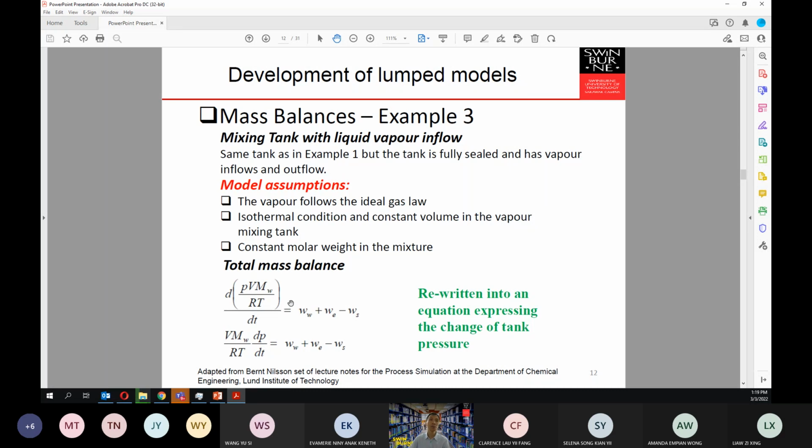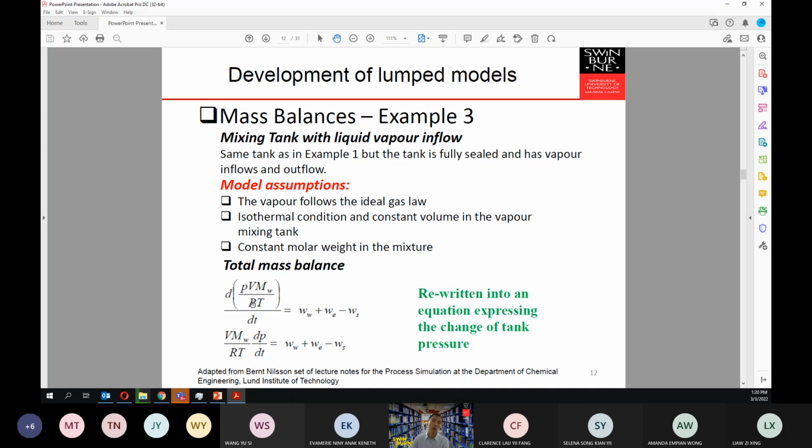Ideal gas law is PV equals nRT. And then n, the mole, is equal to the mass divided by the molecular weight. Okay, so in essence, your mass will be equal to the molecular weight multiplied by pressure multiplied by volume divided by the ideal gas constant multiplied by the temperature. Okay, so if you put it like that, again, you need to always check the unit of this one.